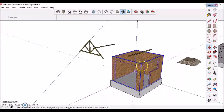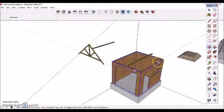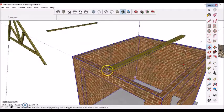This is the next one in your series for your DPL SketchUp task. So last time I was here, we'd done the foundations and we'd done the walls. We'd taken out for the main garage door, and we'd taken out for the window and door on the side. I'm not going to show you how to do the wall plates. We're going to be doing the roof trusses today. So what we're going to do is